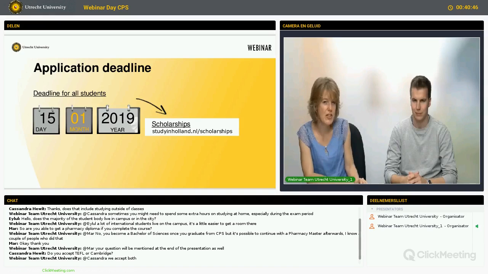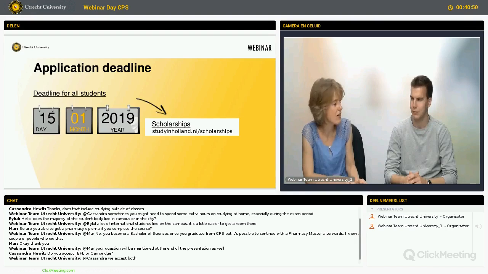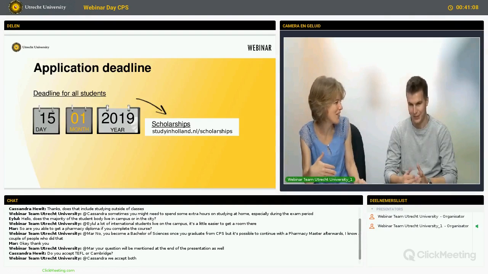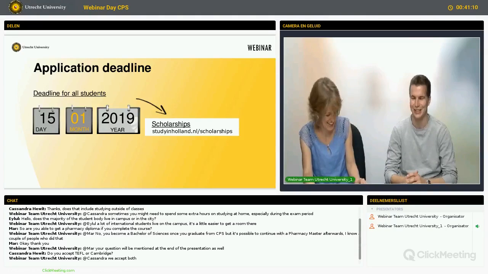We also mentioned scholarships. There are, but we have to be honest: there are not that many scholarships from the Dutch government or Dutch organizations. But the tip could be that you also look into your own country if you can get a scholarship from your home country. Yeah, it's definitely possible. Some people do manage to get money for studying here. So it depends a little bit on your country. I think you're not so lucky. No, I'm not quite so lucky.